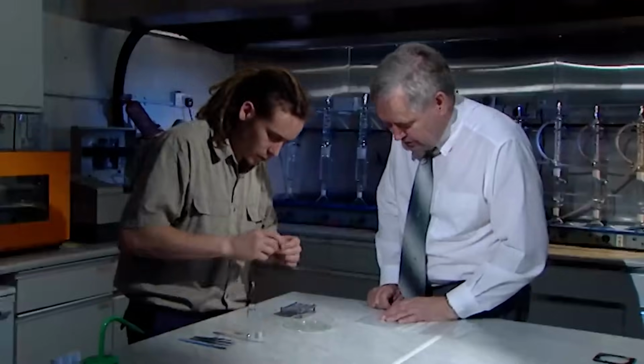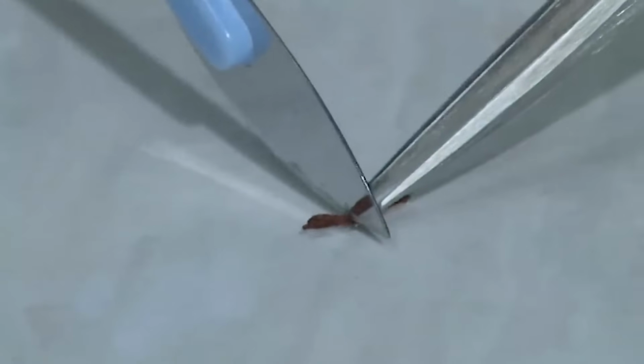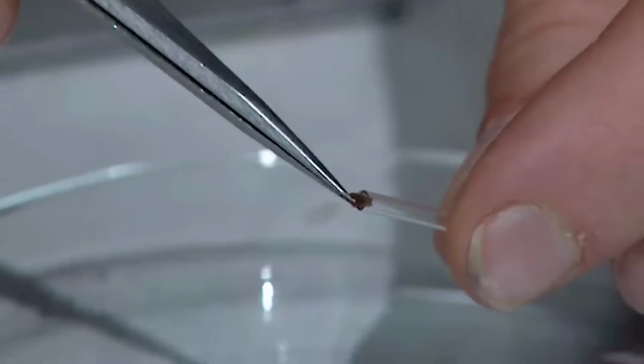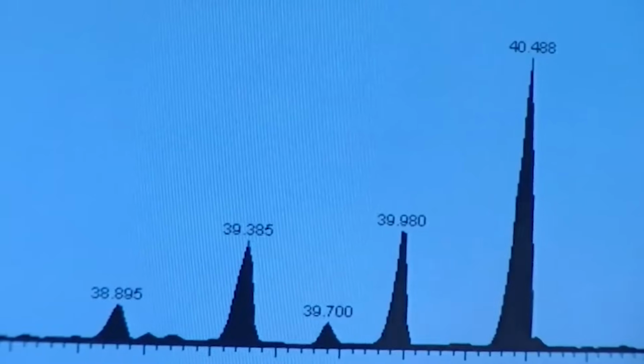Back in the lab, they could now check if the flower of the Pharaohs really had the same chemical fingerprint as the modern plant they'd tested. You think you're good enough there for the experiment? Yeah, I can get good results out of 1 milligram of sample. If you can get any results, that would be very useful. And when they compared the ancient petal from Kew with the modern petal from Stapley, even they were surprised at